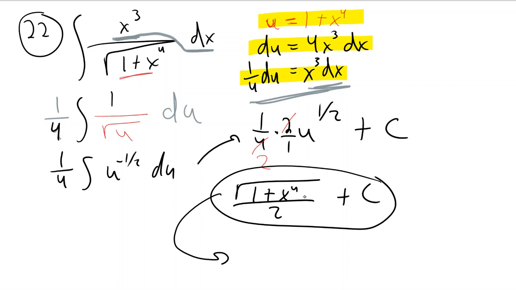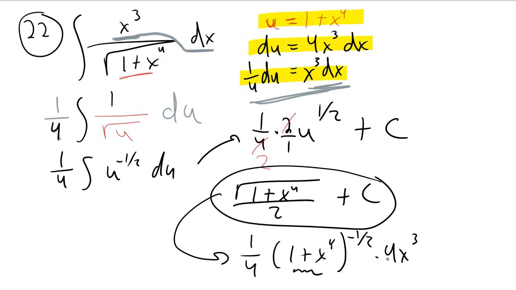If this was a question on your next quiz, I would hope that you would move on once you got the answer, and then when you were done and you realize how much more time you have left, this is supposed to be the antiderivative of this. So you should want to take this derivative. Bring the power down, lower the power by 1, multiply by the derivative of the inside because of chain rule,